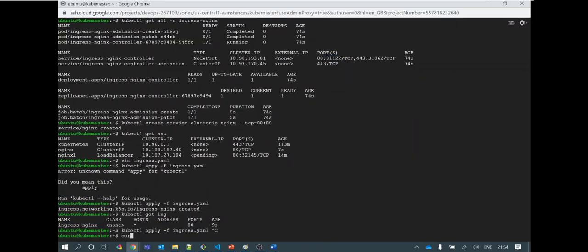Let's try to access this internally first, and then we will try to access outside the cluster. The IP is this. Sorry, this is my node port IP, should be my local IP, right?